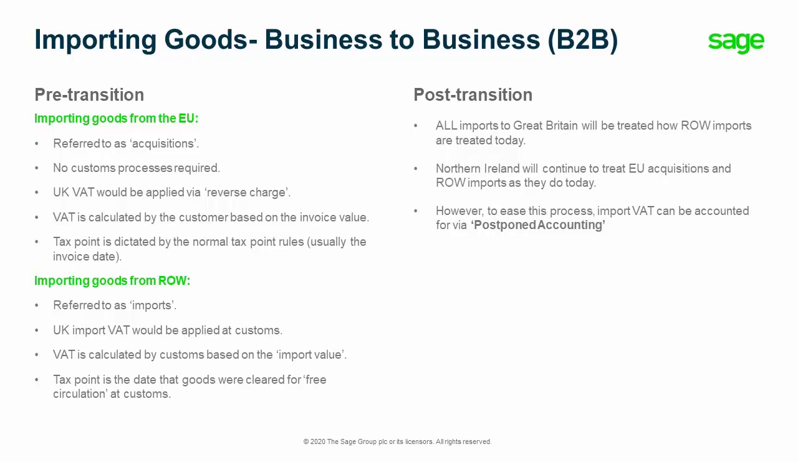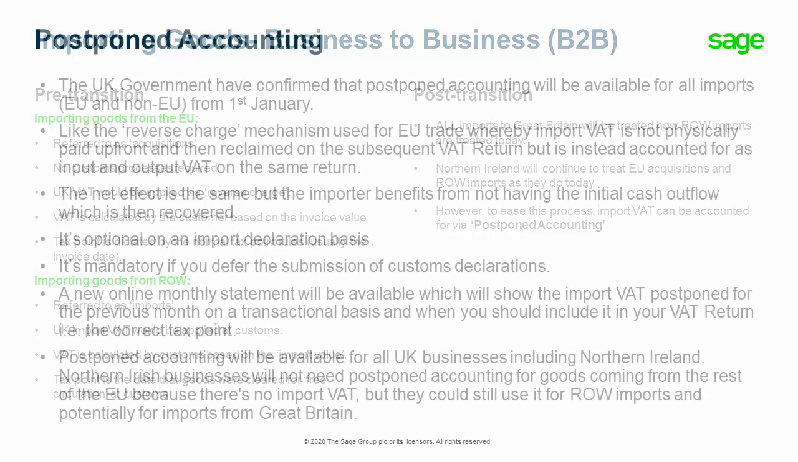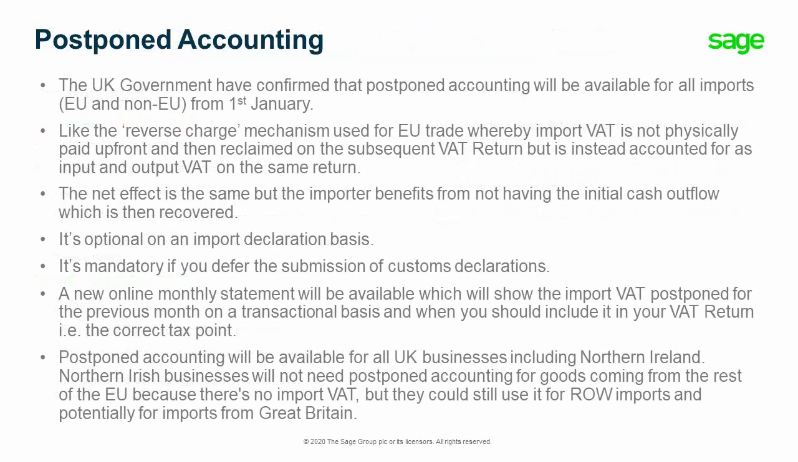Now, post-transition, all imports to Great Britain will be treated how the rest of the world imports are treated today. Northern Ireland will continue to treat EU acquisitions and rest of the world imports as they do today. However, to ease this process, import VAT could be accounted for via postponed accounting. The UK government have confirmed that postponed accounting will be available for all imports, so that's EU and non-EU, from